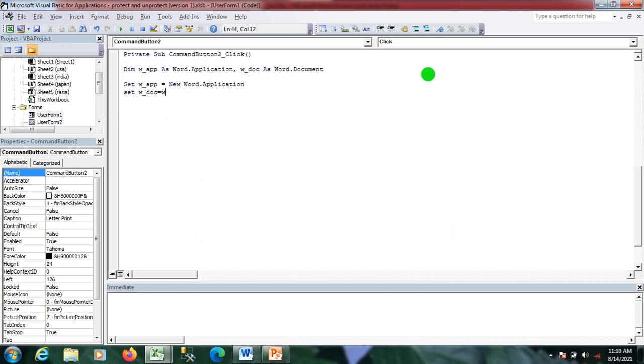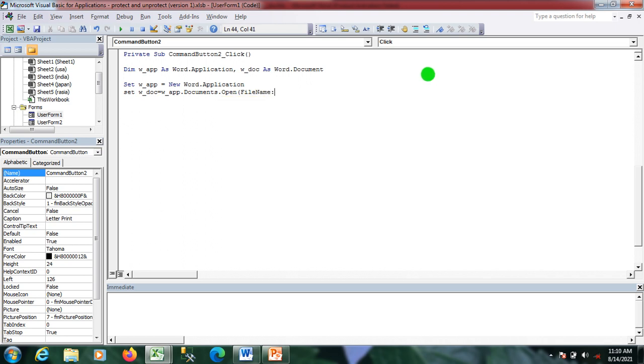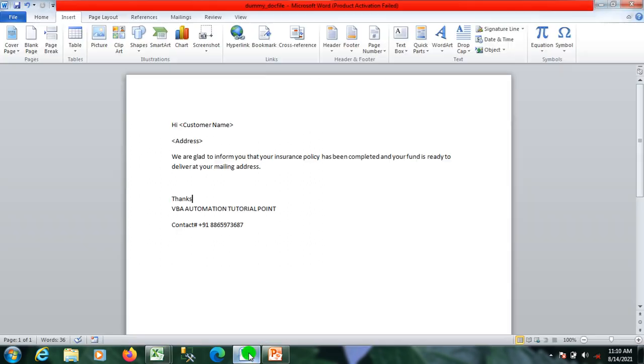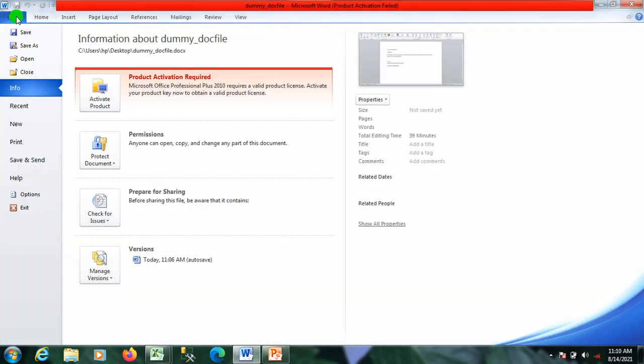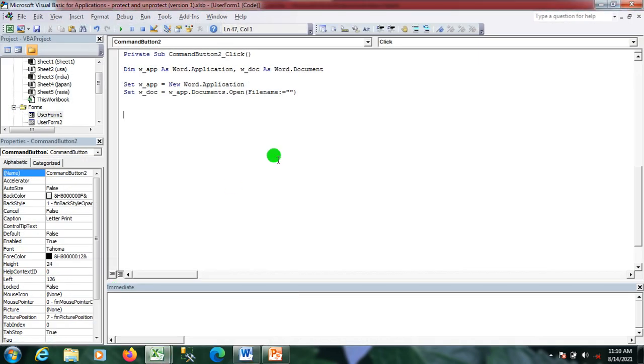wordDoc equal to wordApp.Documents.Open, and here I need to pass the path of this letter. I simply copy it and paste it here.